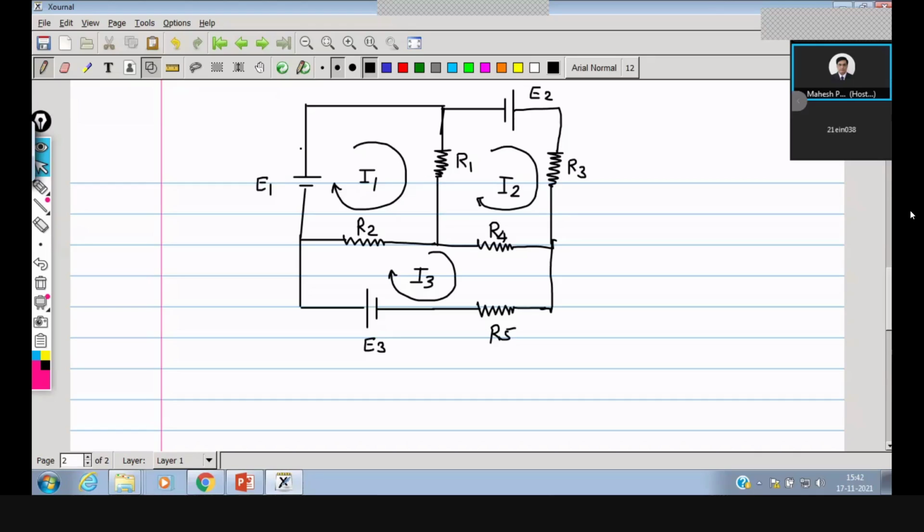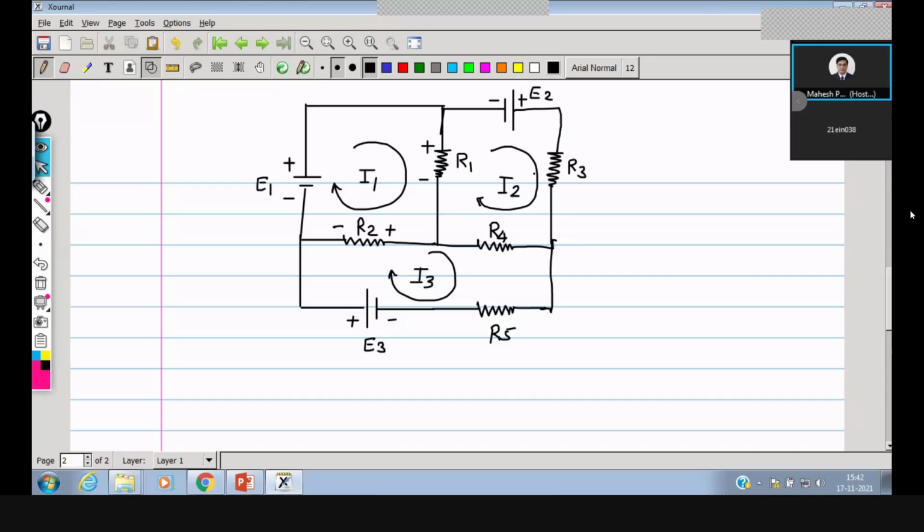Okay. So first of all, we will mark the sign of the voltage sources or batteries, because it is independent of the assumed directions. Here it is minus plus. Here it is also minus and plus. Now, due to this current I1, we may assume this is plus and this is minus. Similarly, for R2, this will be plus and this will be minus. Are you with me? Yes, okay, sir, fine.